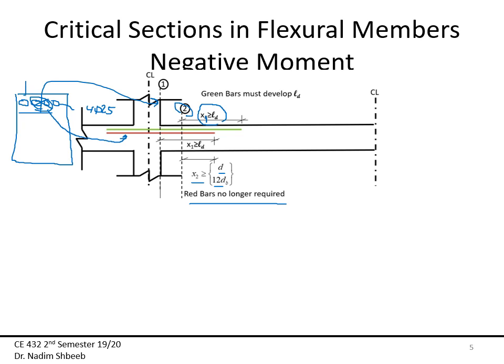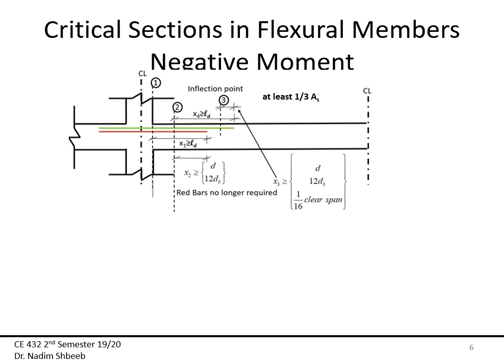Now the remaining 2, these 2, must now develop the development length for them to be fully yielded. So that's for section 1 and section 2. Now let's move to section 3, and let me concentrate, again, on the top green bars. At section 3, if I want to discontinue those green bars, then after section 3 I need to develop